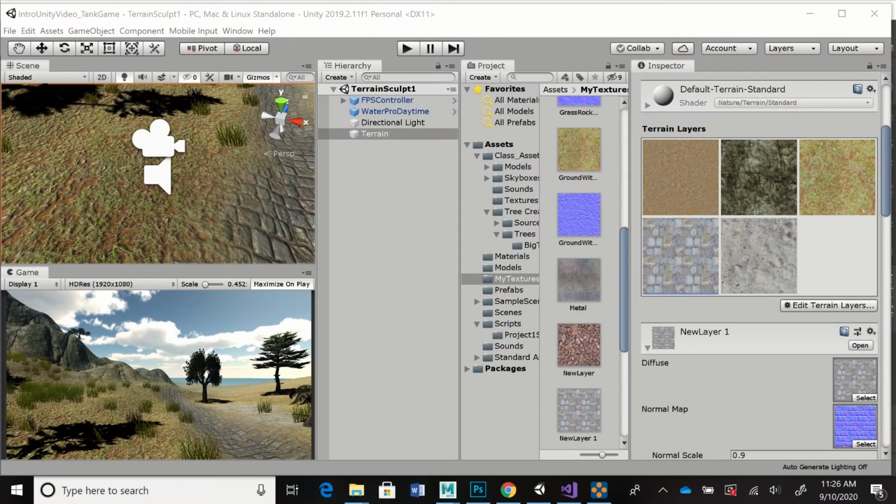In this second video on creating a terrain inside of Unity, I want to show you how to create custom textures that will allow you to have a more realistic bumpiness on your terrain. And you can see I'm using one here that has some cobblestones. It's got a normal map. And if I hit play on my